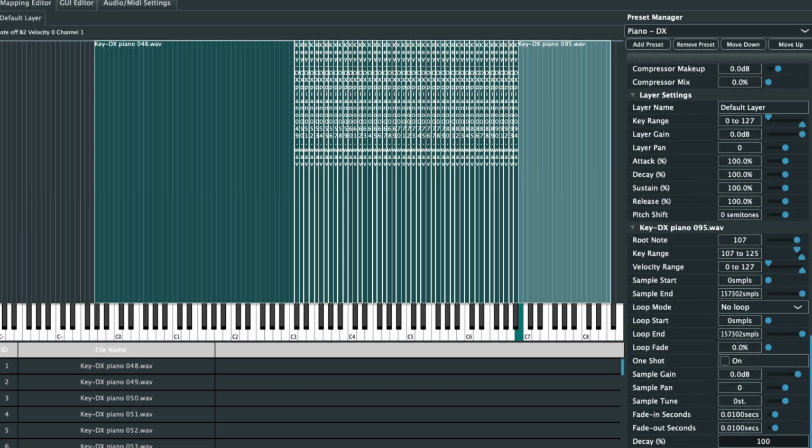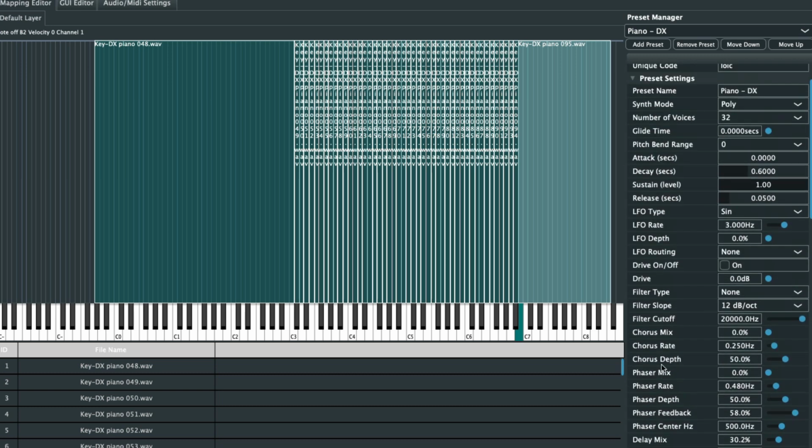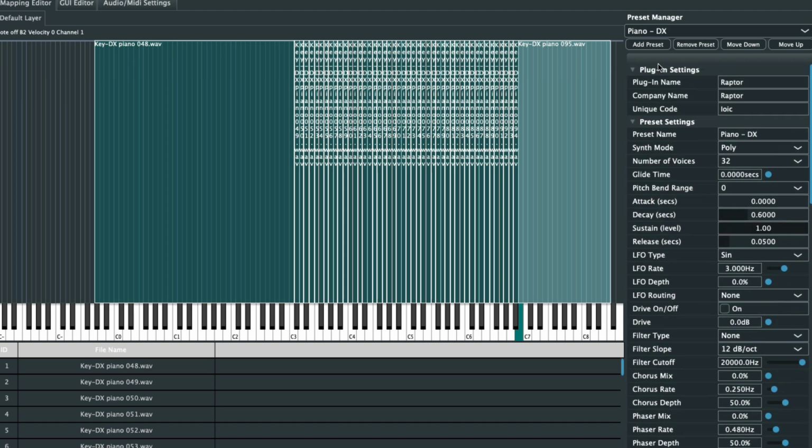At any time you could scroll down here and you can adjust the loop points of your samples. So you can apply looping forward, crossfade, which is loop fade down here, your start and end points. You can reverse any of your samples, which is pretty cool. Can't get that in any of our competitors'